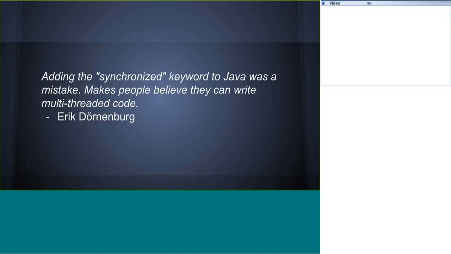Here's another one from the Java space. Adding the synchronized keyword to Java was a mistake. It makes people think they can write multi-threaded code. And maybe you guys have something similar in the C# space or other C++ spaces. You have these large-level constructs that you think, okay, it makes multi-threading and concurrency really easy. Well, in fact, nothing can make concurrency really easy, and they're just kind of illusions. And they make you feel good, but really multi-threading and concurrency is a really difficult problem if it's not architected properly.